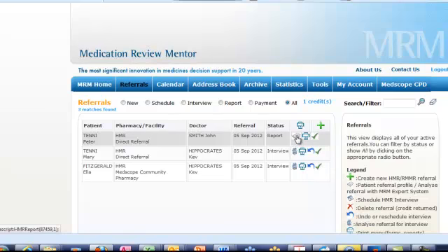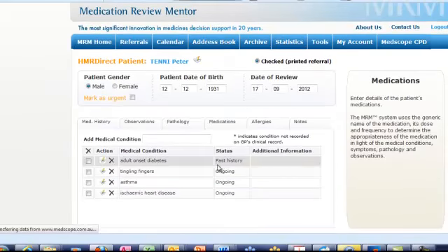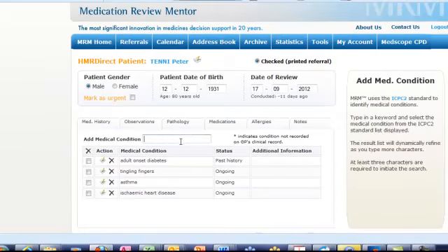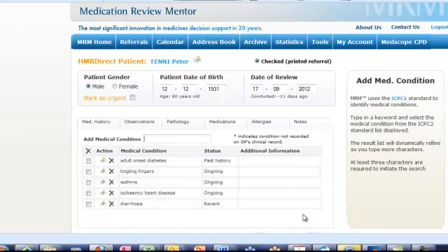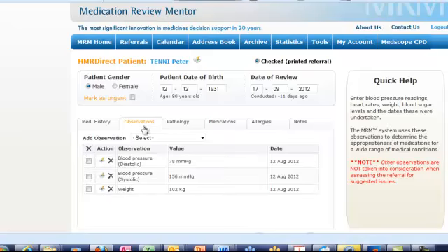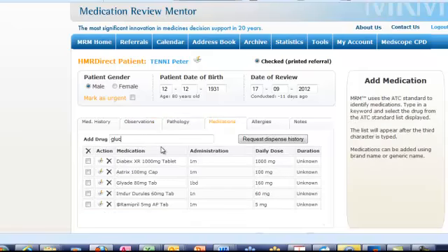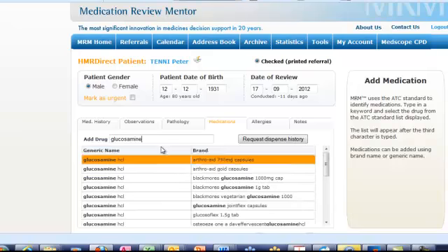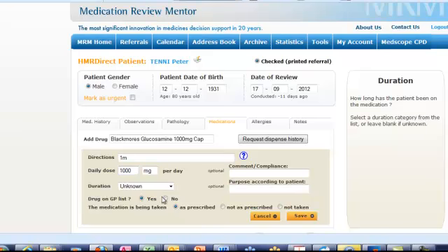Once you've obtained information at the interview, you might want to come back and add in additional information that you have. Any additional observations that you might have had, any additional pathology, any additional medications that they're taking that they didn't tell the doctor about, so not on the doctor's list,